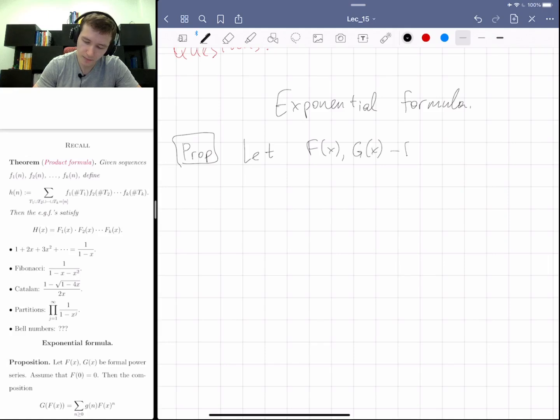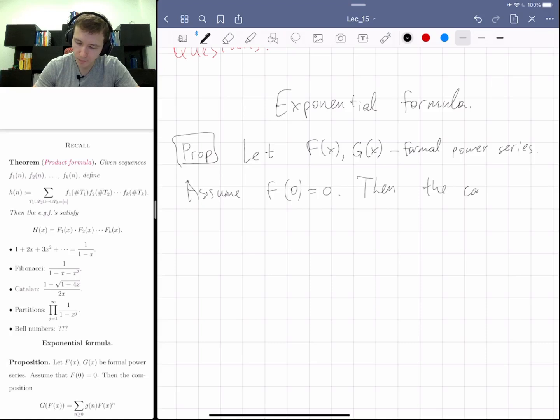And the necessary and sufficient condition is to assume that f has 0 constant term. Then you can define the composition g of f of x,